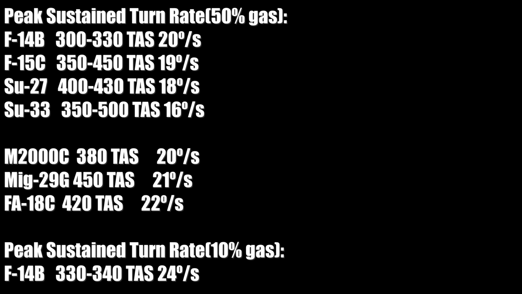And a quick look at the difference if I've got only 10% gas. So if I take 40% of the gas away, globally, to get down to 10% gas, it's up to 24 degrees per second, so that's 4 degrees per second more. I mean, that's a lot. Obviously, it doesn't really mean anything at the moment because I haven't done any of the others on 10% gas,